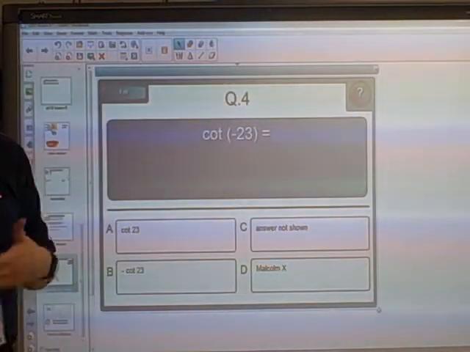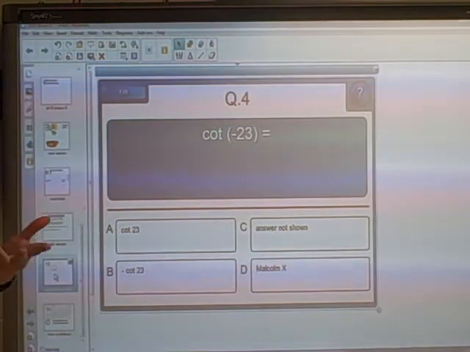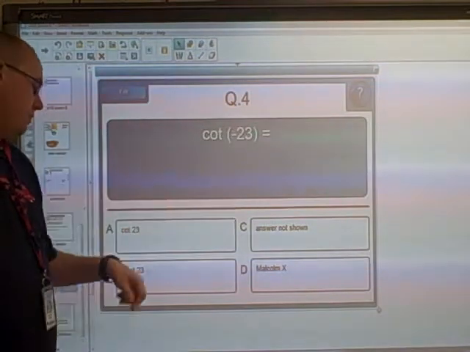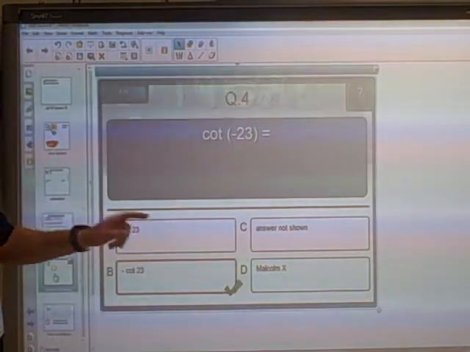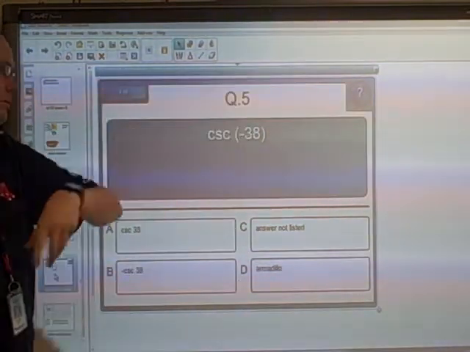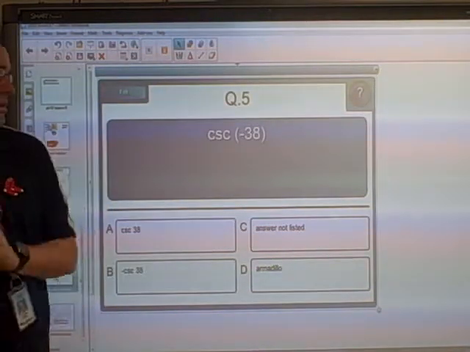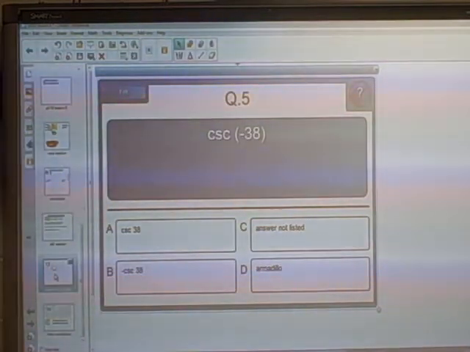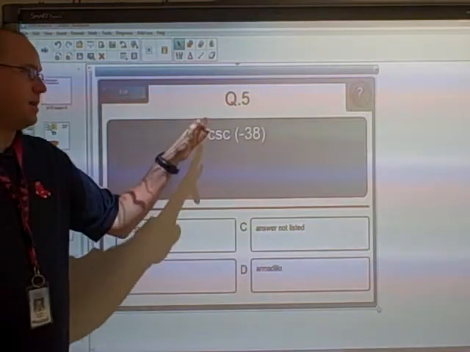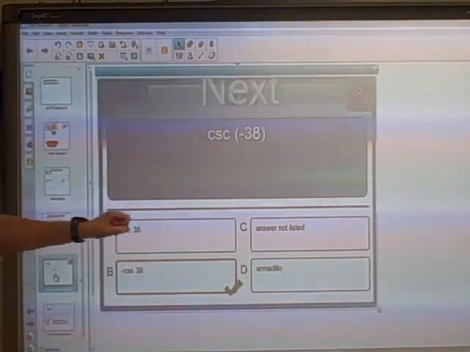For cotangent, we just have to think first of all, that pairs up with tan. Tan is an odd function, so we're going to have the negative of what we'd expect. So negative cotangent 23 is good. Our penultimate question, cosecant, that's the reciprocal of sine. Sine is an odd function, so for an odd function, we're going to have the negative of cosecant 38,